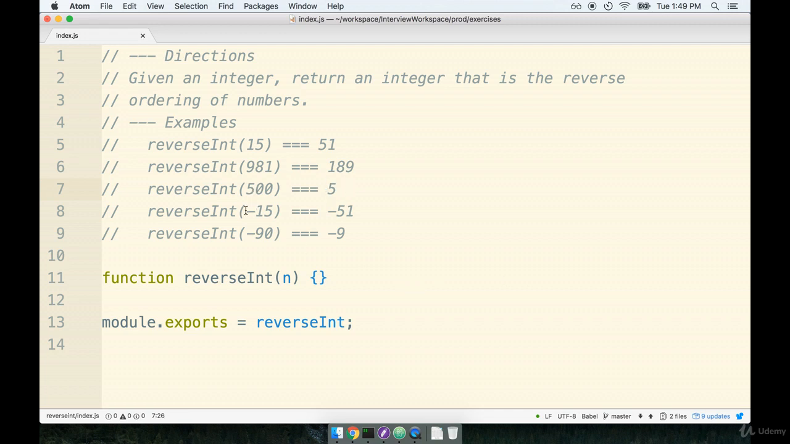And then the other interesting thing is handling negative numbers as well. So negative 15 should become negative 51. And if we take this issue with the zeros together with the negatives, negative 90 should turn into simply negative 9. Now, one thing I want to make sure is really clear here, even though we're in a